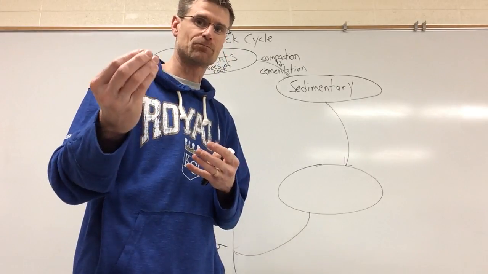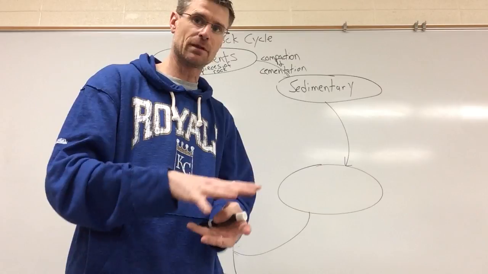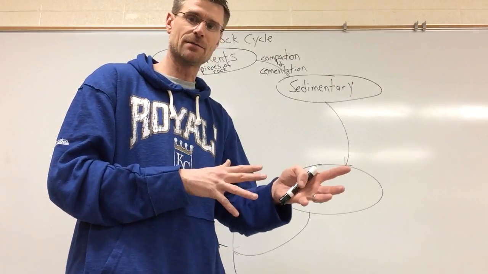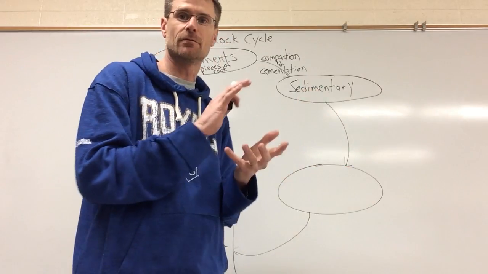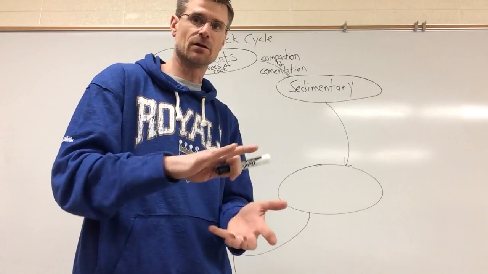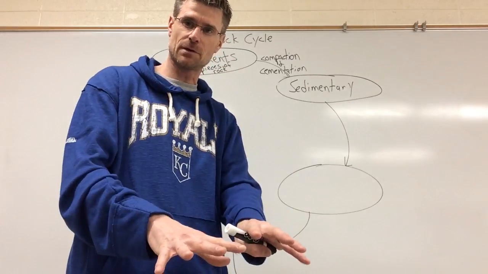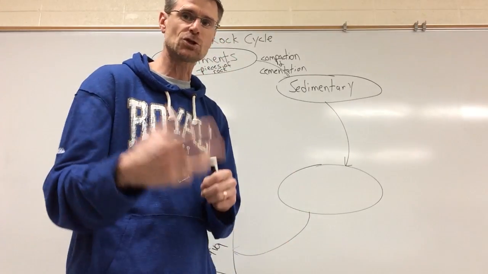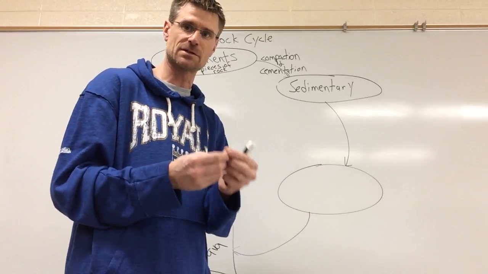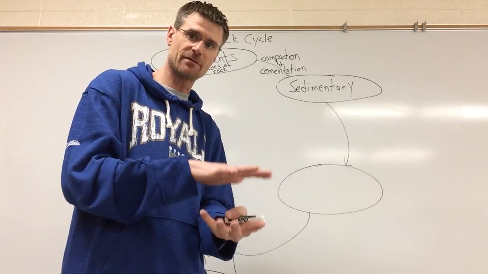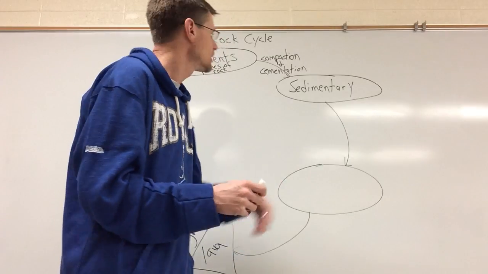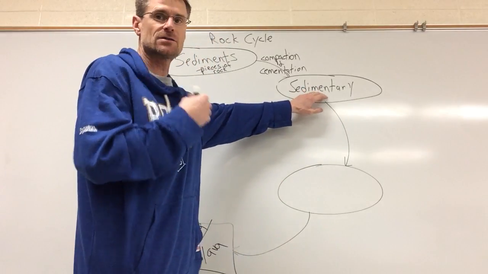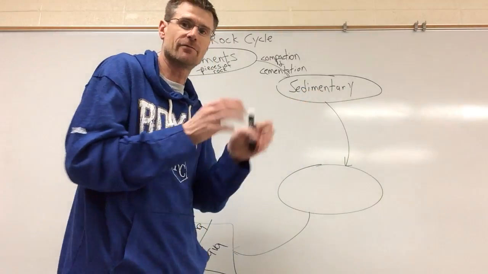You're going to see things like coal, for example, which is made from plants. There are varieties of limestones that are made from simply shells and dead stuff that has made its way to the bottom of the ocean. Chalk is made from microscopic organisms that they find on the bottom of ocean floors. So you get a couple varieties of sedimentary rocks, whether they're made from pieces of rock